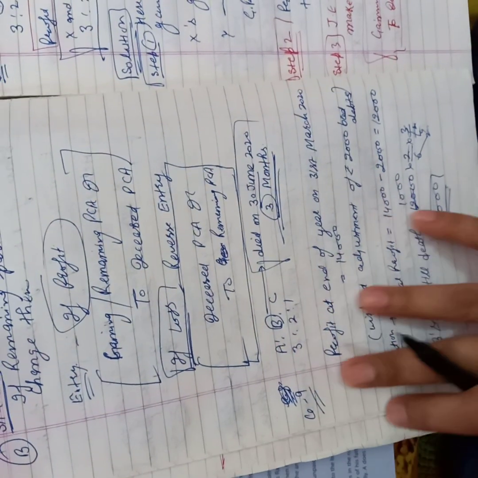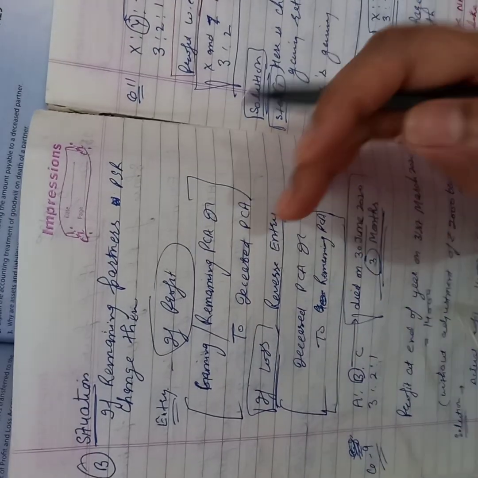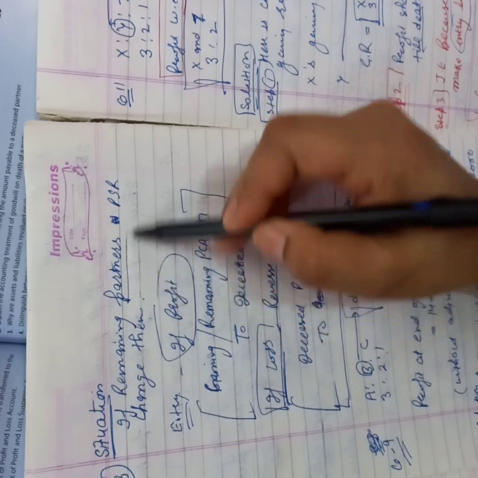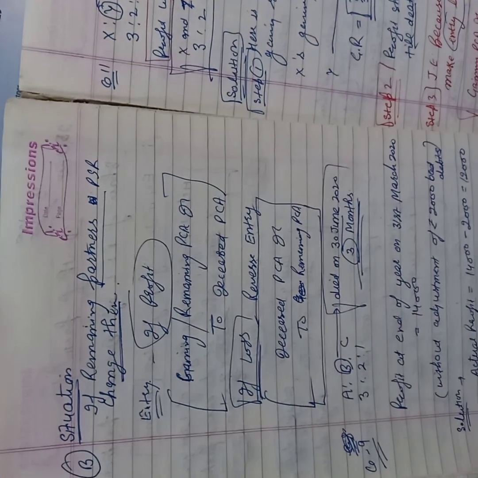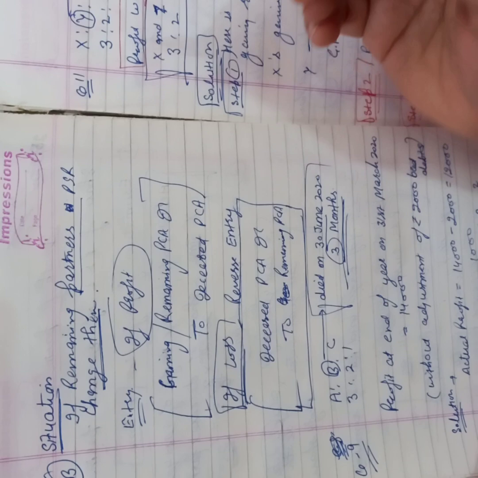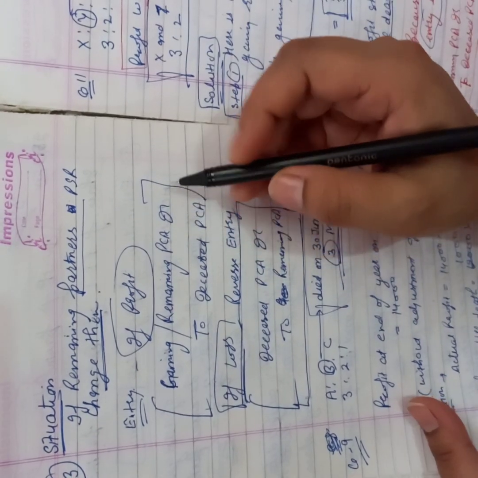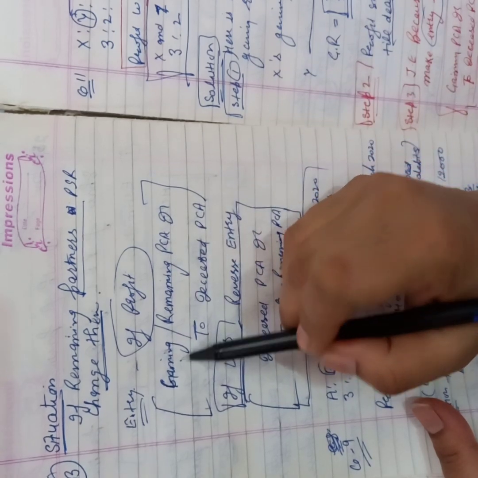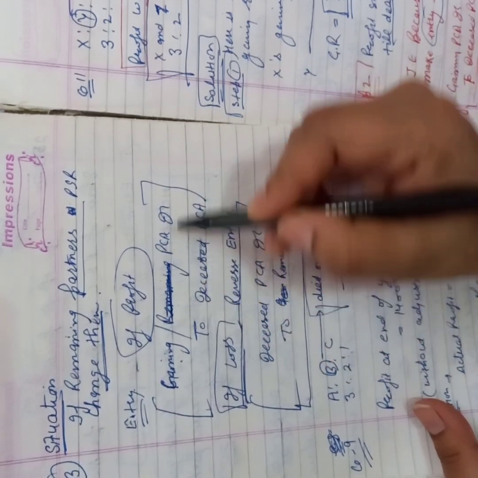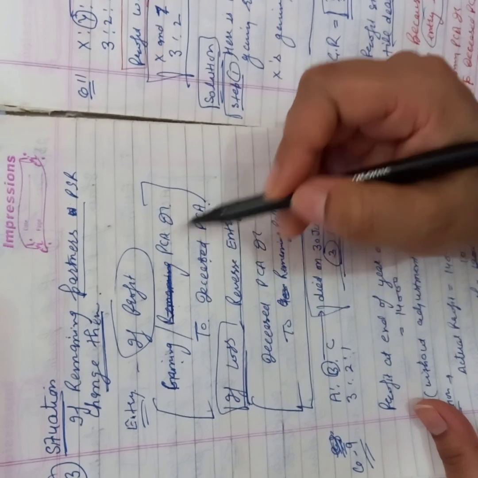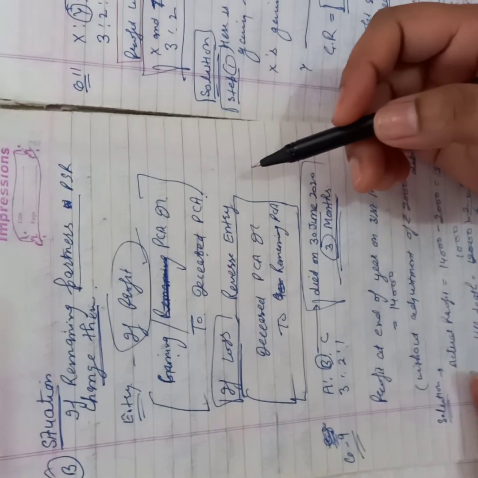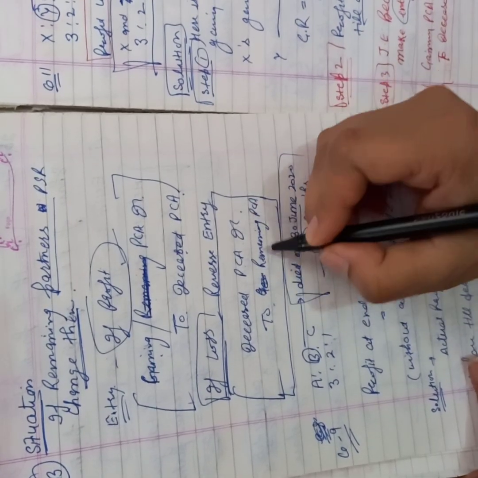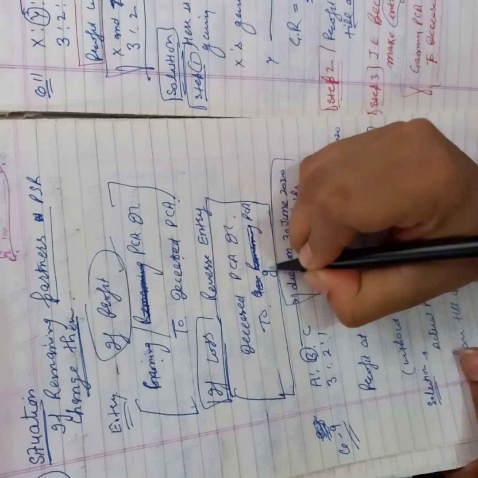Now what is next? There may be a situation where the remaining partners' profit sharing ratio is going to be changed. If the remaining partners' profit sharing ratio is changed, then we should be careful. Then we should do the entries of profit and loss like the goodwill entries, with the help of gaining partners' capital account debit to deceased partner's capital account if there is a profit. If there is a loss, then again it will be a reverse entry, then deceased partner's capital account debit to gaining partners.